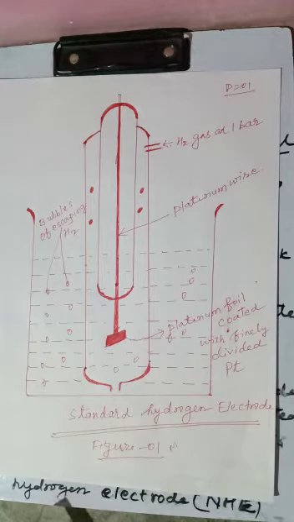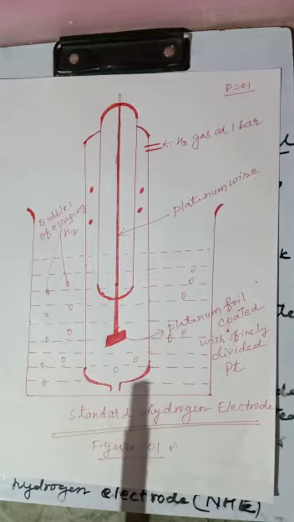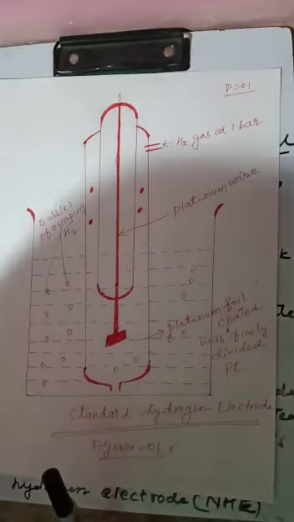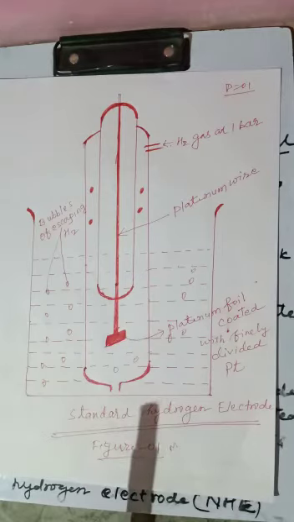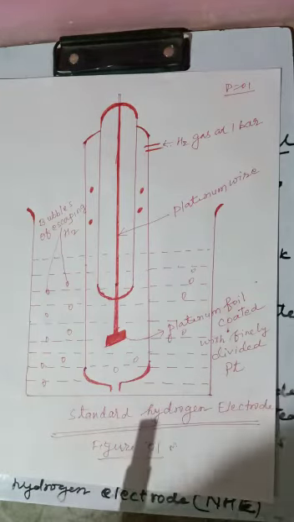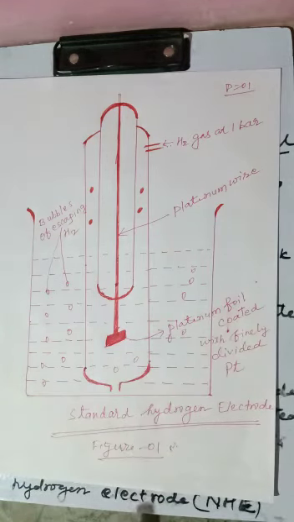Which solution? An acid solution containing H plus ions. We know that generally acid contains H plus ions, but we have to remember that the concentration will be 1 M HCl. 1 M means molarity. Now pure hydrogen gas will be at 1 bar atmospheric pressure and a constant temperature of 298 Kelvin. In this situation, this will be a standard hydrogen electrode,